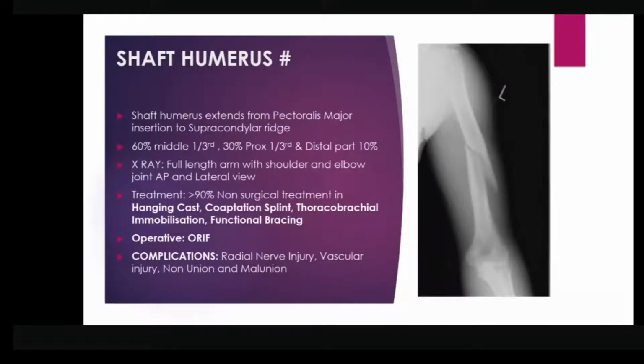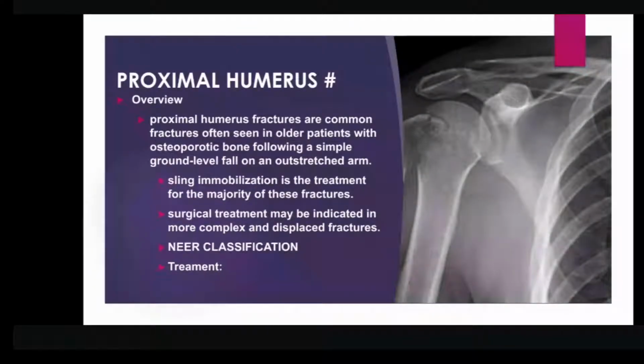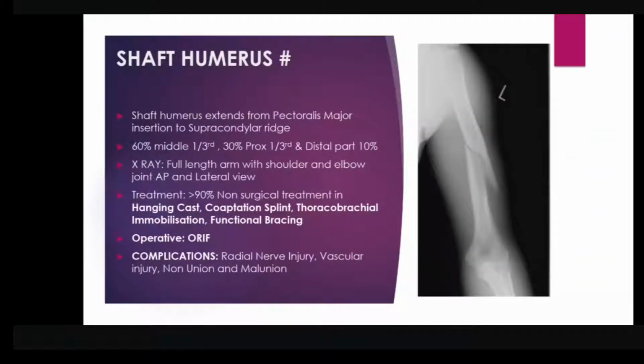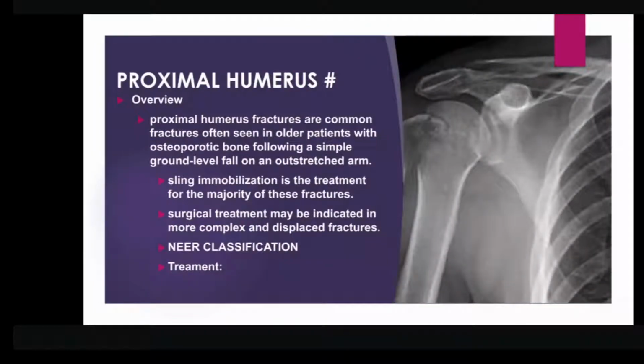So usually treatment is conservative unless angulation is more than 45 degrees or displacement is more than 1 centimeter. That is the Neer's classification, and these are Neer's criteria for treatment. You may remember it better, or not remember it. Treatment will be the same for all these things for you guys, okay?